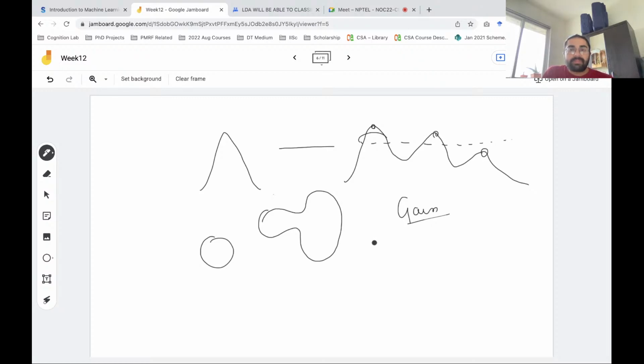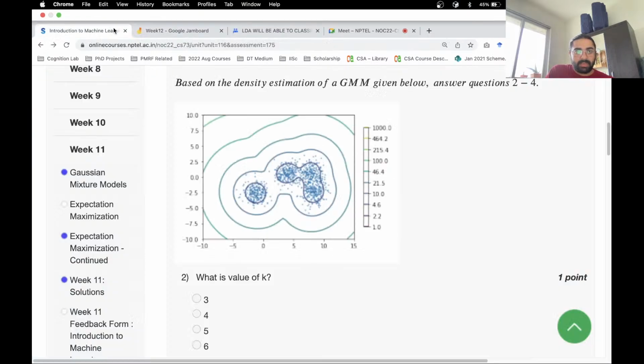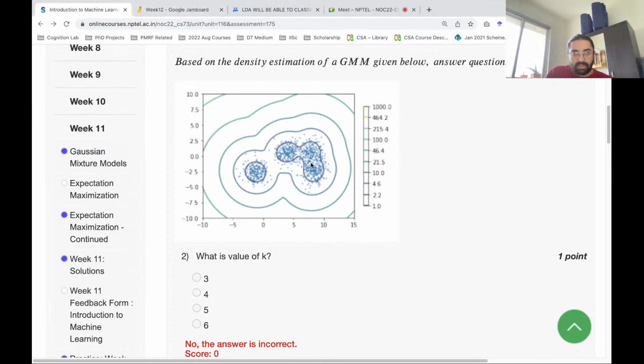So if they have not followed a particular shape, then you can say that there's something going wrong, right? So now when you say that this would have just been three peaks only, k equal to 3,